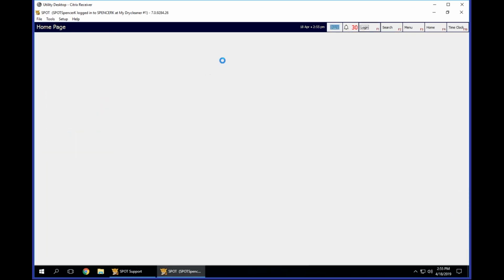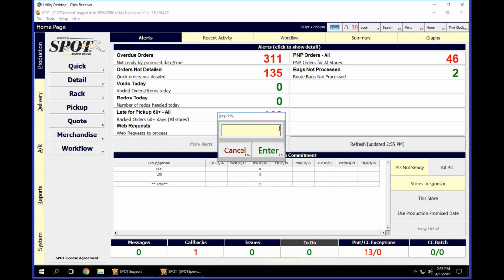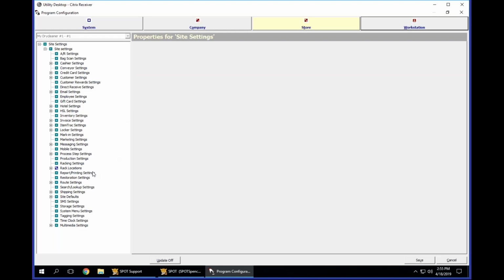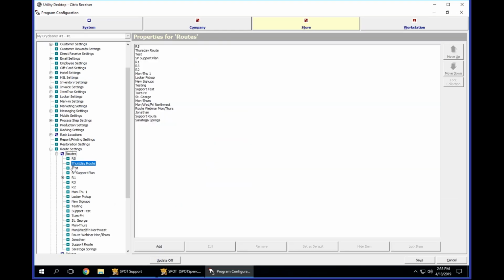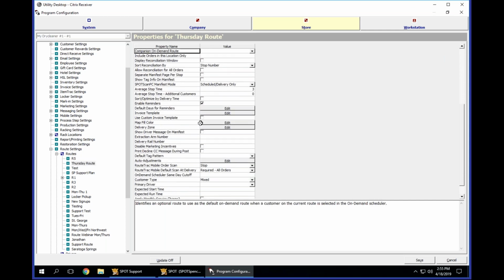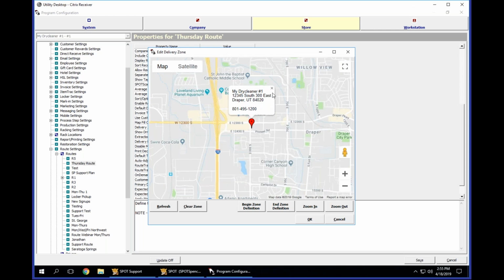Let's do that. So come back into our store settings, down to route settings, routes, Thursday route. Again, I apologize if I'm moving a little quick for you. Then down to delivery zone. Come to delivery zone. This is going to load up my Google Maps, and it's going to first focus in